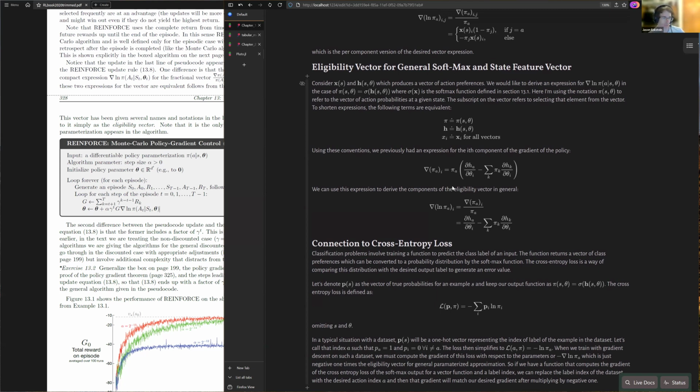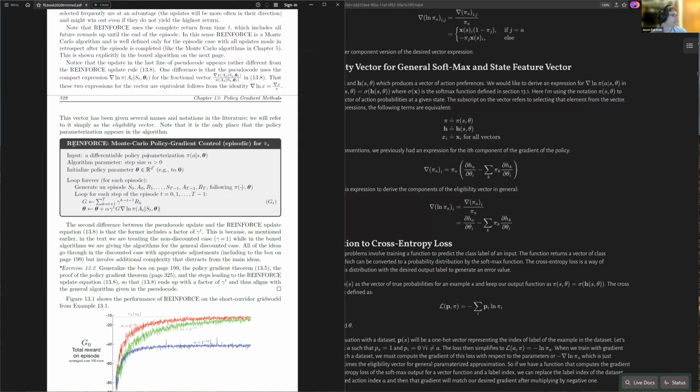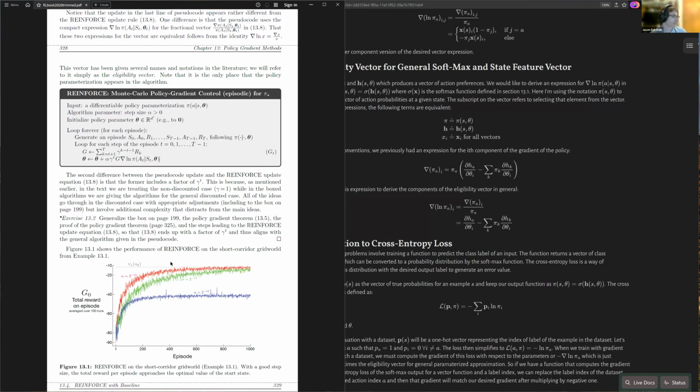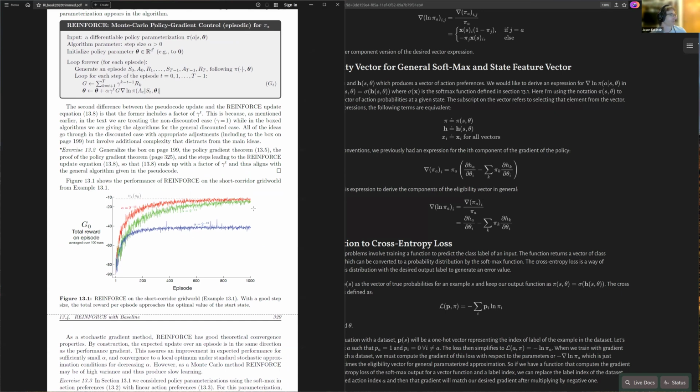And then the remainder of the chapter deals with ways of improving upon this, and also ways of dealing with this in the continuing case. Because again, all the Monte Carlo methods can only work for the episodic case. And this corridor example is one where we would be unable to come up with the optimal policy with the methods we had previously used in the book, because all the previous methods would end up producing